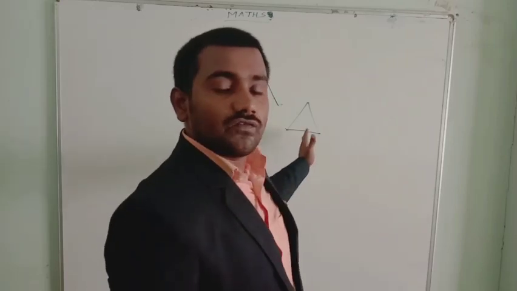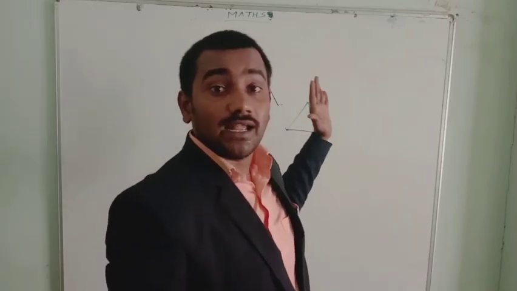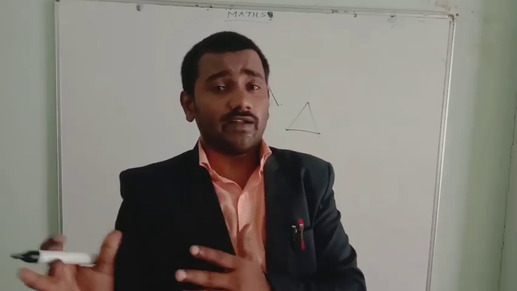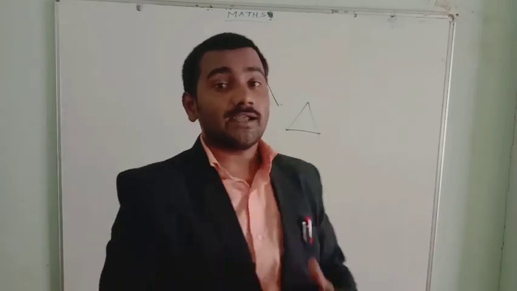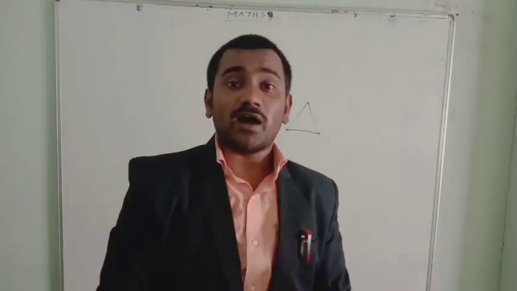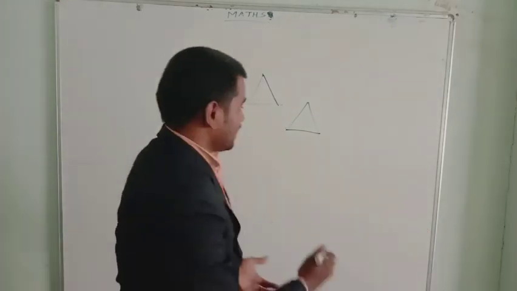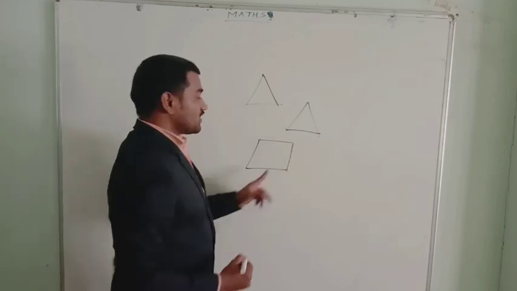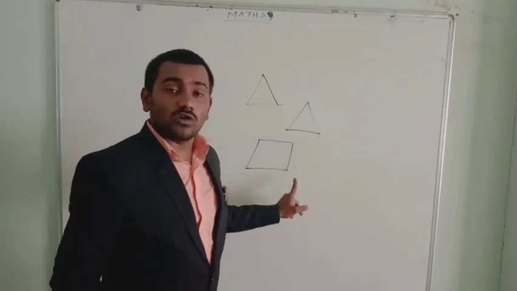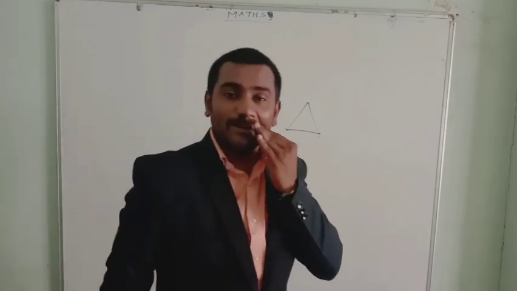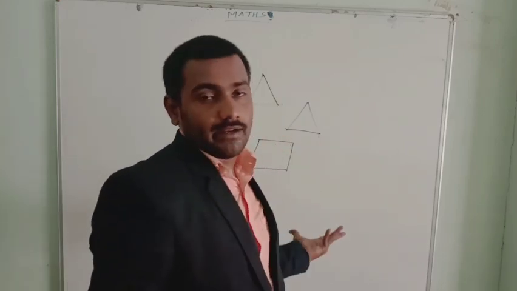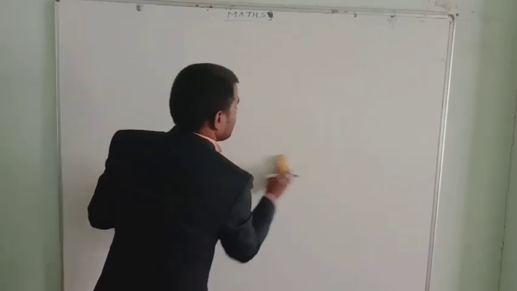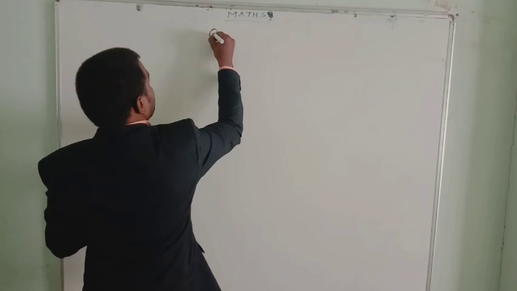So the first closed figure, the first polygon, is known as a triangle. The types of triangles based on sides and based on angles are different. From there, the next polygon is known as a quadrilateral. With 4 line segments, what is this called? It's a simple closed figure bounded by 4 line segments. It's known as a quadrilateral. So, today our topic is quadrilaterals.